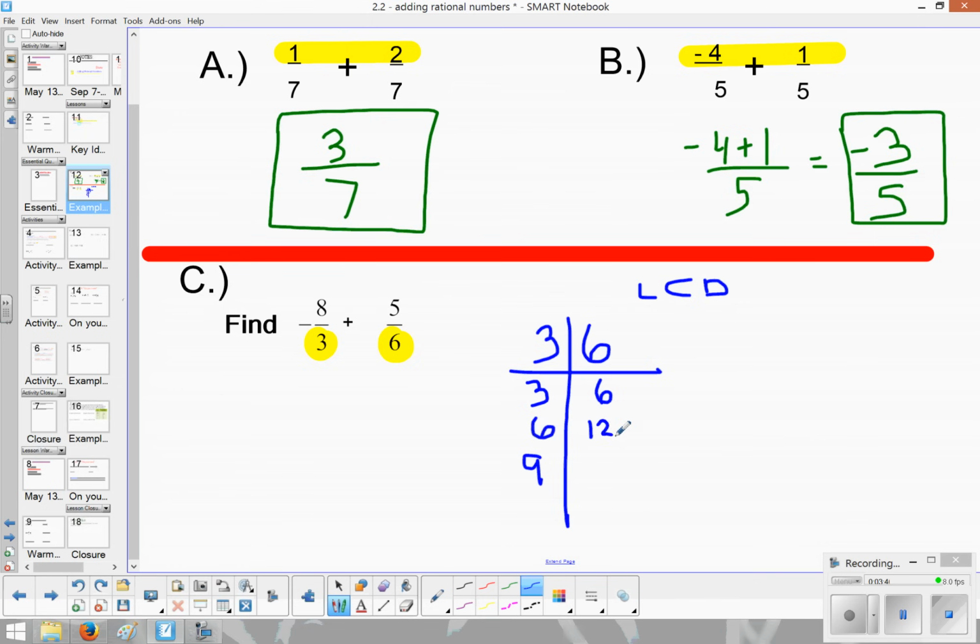And the reason why I stopped is because I noticed that they had something in common right here. The first number they have in common, that's your LCD. So since that's their common number, 6, I will be using that number for their denominator. So I'm going to go ahead and put 6 here and 6 here and a bar over for my fraction